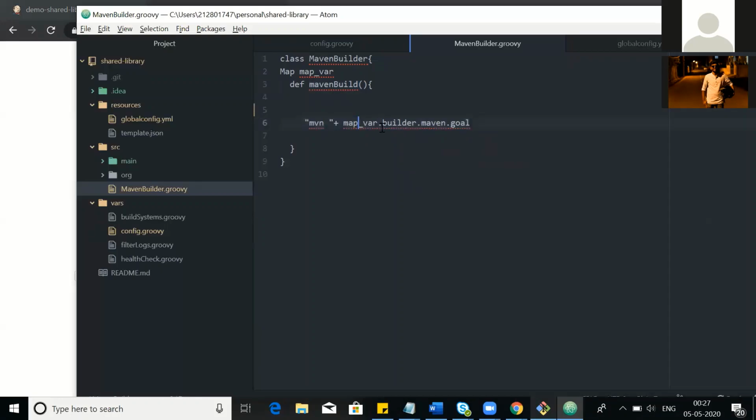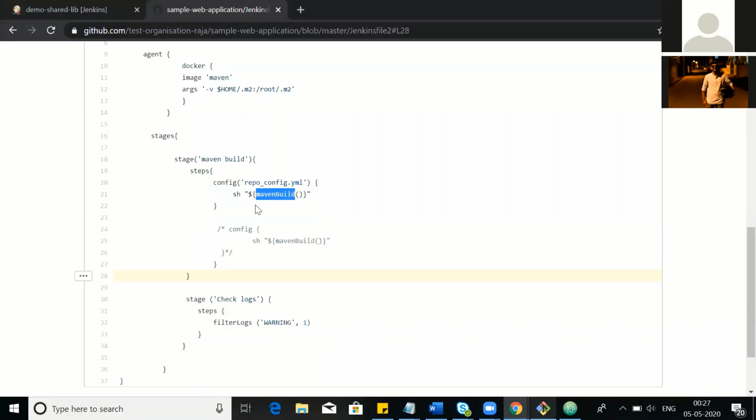It identifies that both the map values get overridden, and it takes the final goal from the resolved map. So finally we'll get Maven clean install or Maven clean package accordingly. If repo config is provided, it will get Maven clean install. If no repo config is provided, it will be Maven clean package.